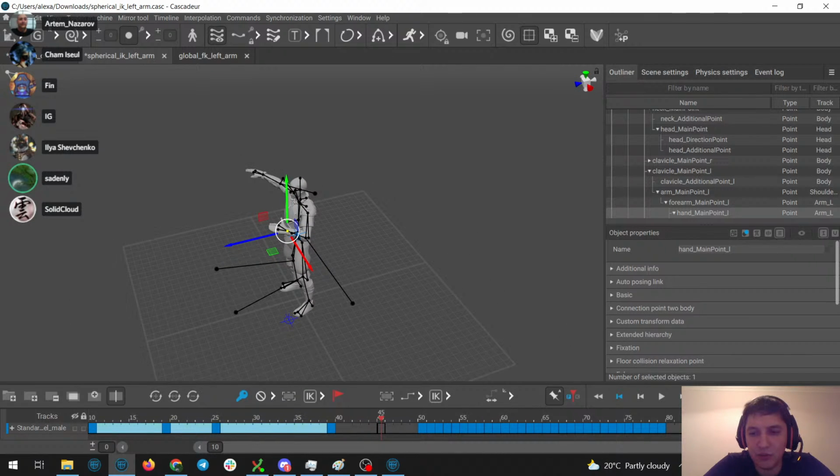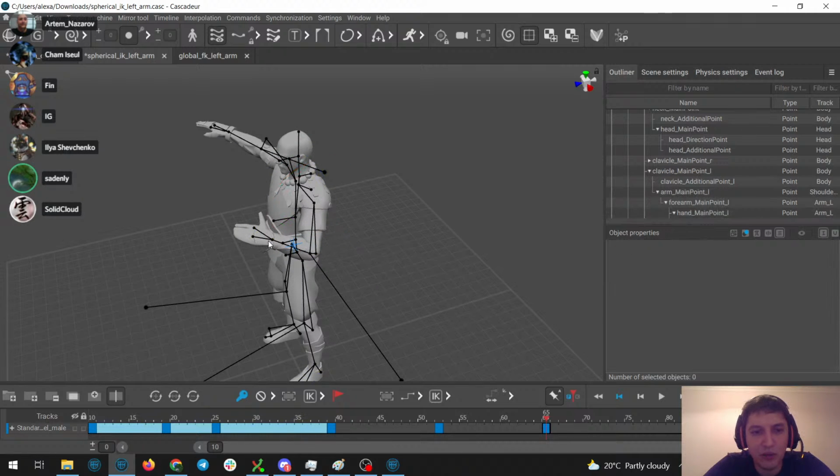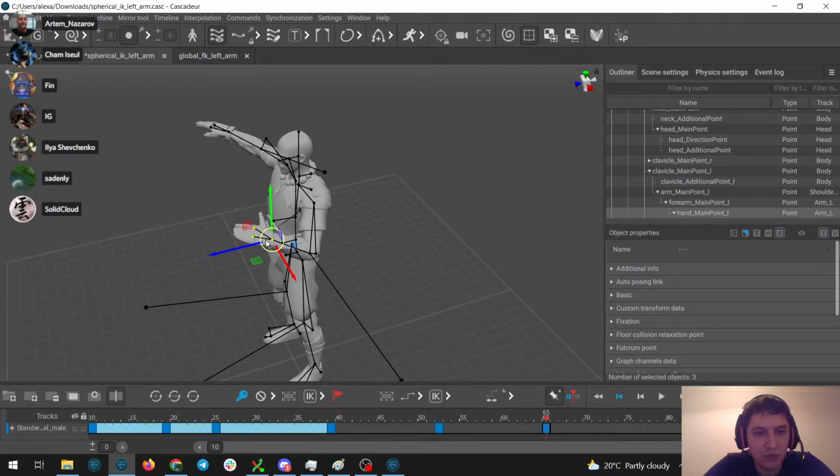Let me just add some keys and rotate without the arm being bent. Okay, I'll unbend it.